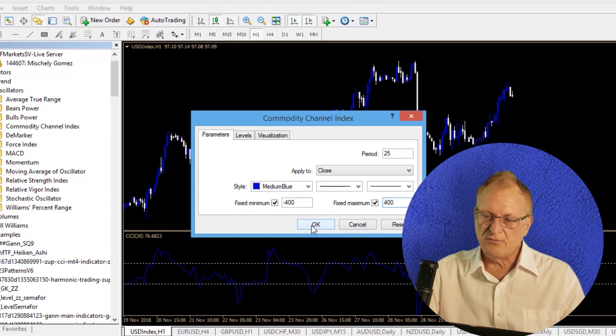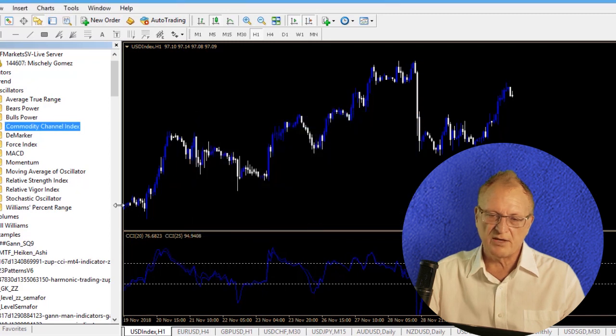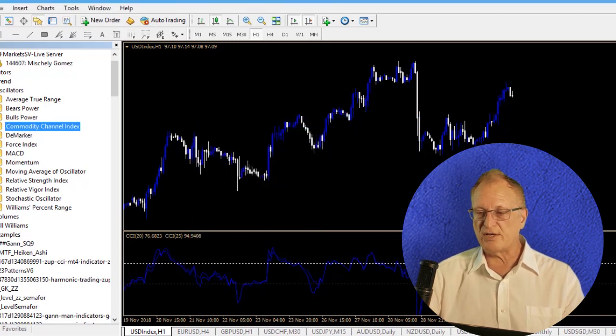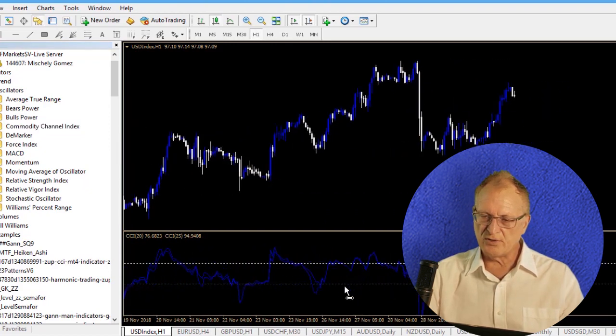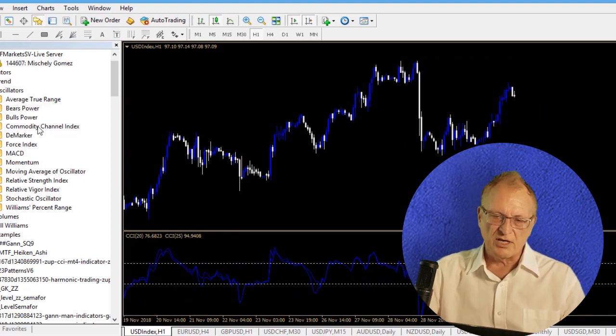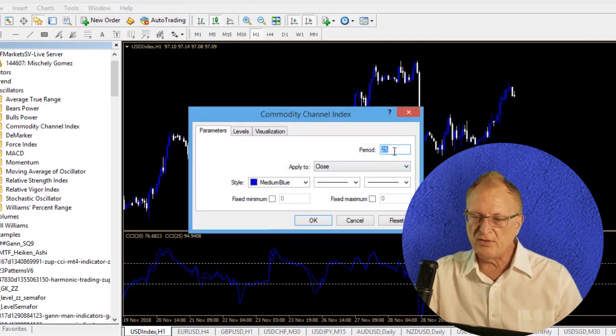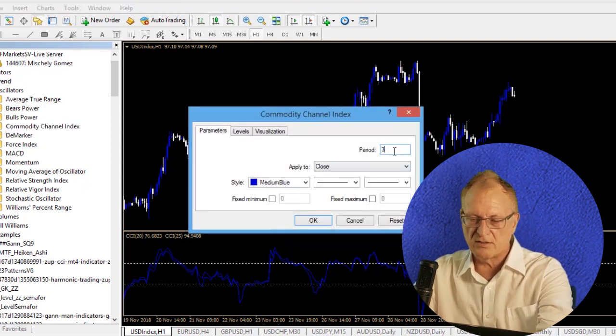Okay, so the next one is 25, and everything else just leave the same. And then now you have two indicators in the same channel, and they're locked together. So if I scroll back and forth, they just maintain their tight scaling together. So then all I have to do is keep on putting them in there, and